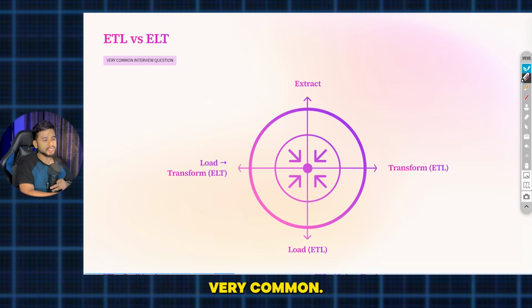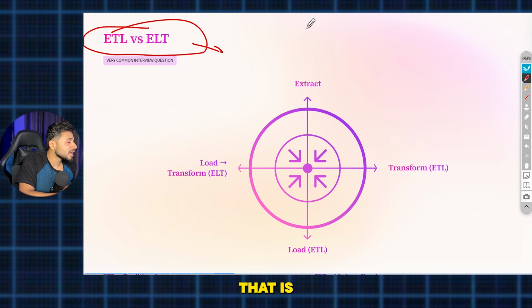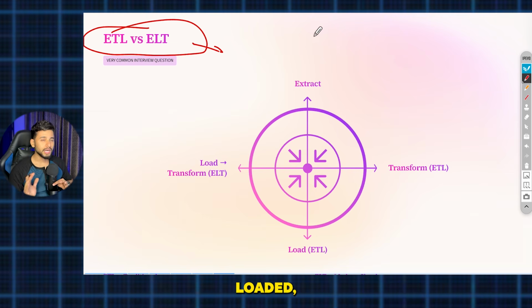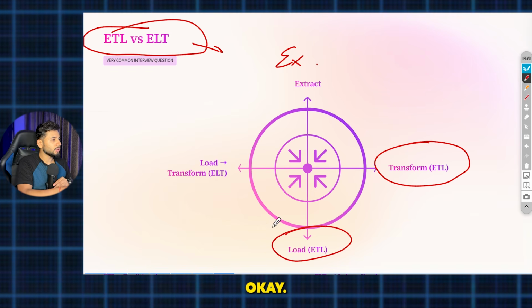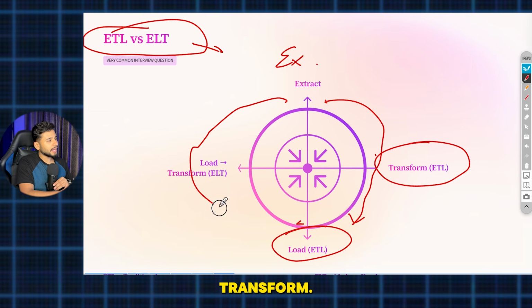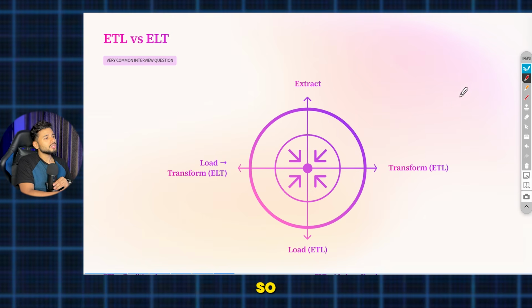Next thing is ETL versus ELT. ETL versus ELT is a very common interview question. It is just the difference between two things. ELT means extract the data, load the data to the system, then once the data is loaded, transform it. The second is ETL, that is extract the data, transform the data, then load the data. Okay, this is for ETL: extract, transform and load. And ELT: extract, load and transform. These are the two differences. You extract data from somewhere, bring the data first to the system, load it, and after that any kind of transformation you want to do, do that. That is how it works.